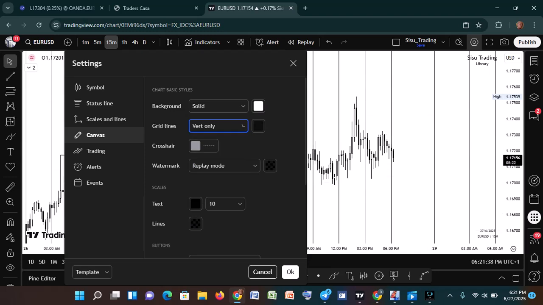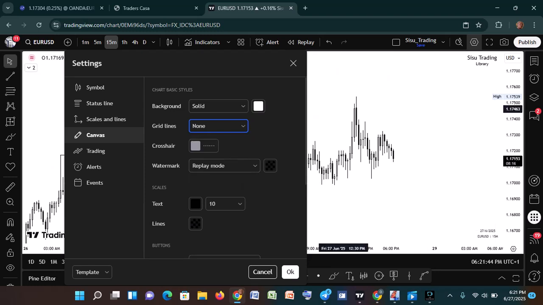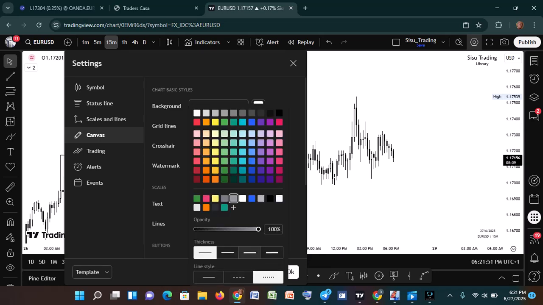You can just put this one as well to none, right? I don't want anything. And you have your cross line, this line that I'm moving around, right? So you can keep that normal. This is the thickness and this is the style. You can see